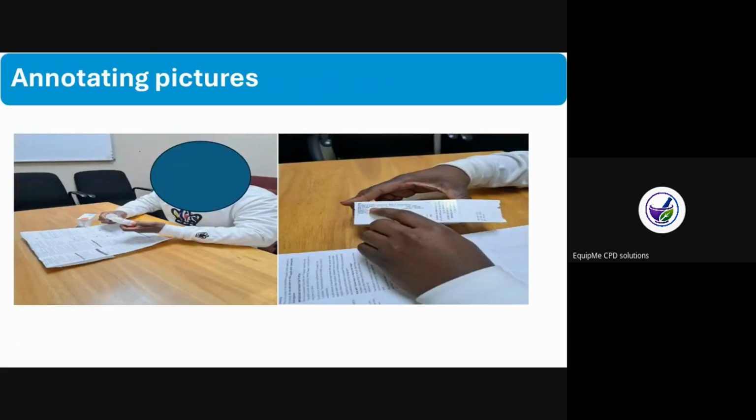Okay, so now moving on to annotating a picture. When you annotate a picture, first of all, identify yourself. Who are you in this picture? The next thing, requirements. Okay, not first of all, but part of the requirements: remember the title, what does it show, and then you identify yourself, and then you link it with the behavior statement.